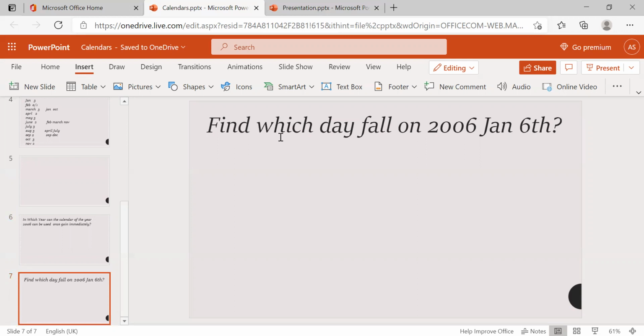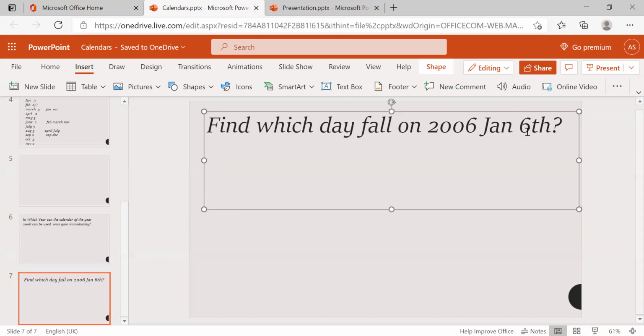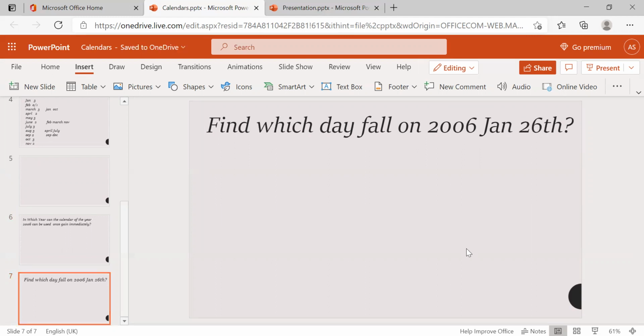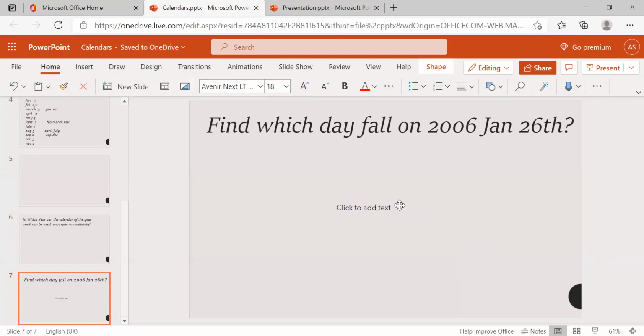Which day will fall on 2006 January 26th? Whenever you want to find out which day it is, you need to find out how many odd days there will be up to that date. The last odd day we get is nothing but our day.